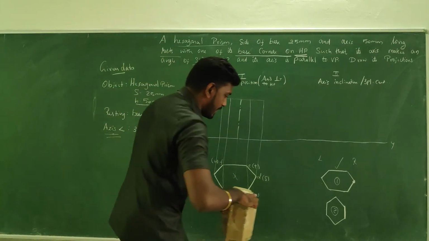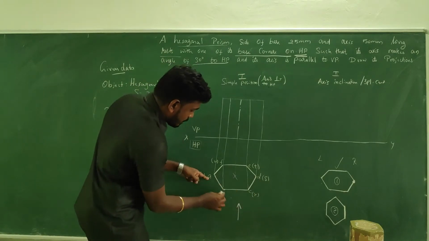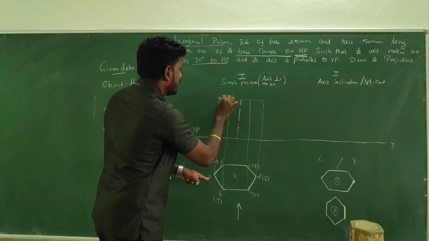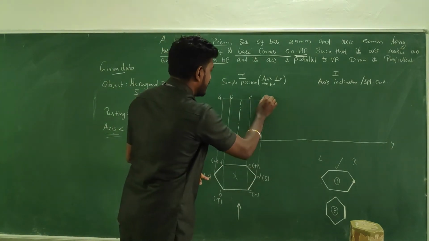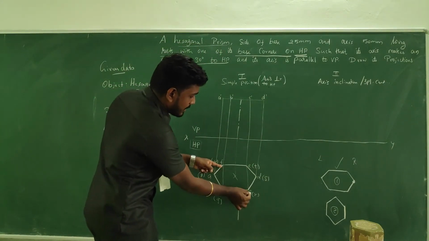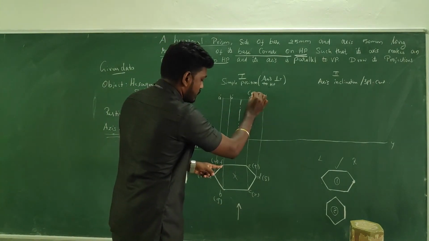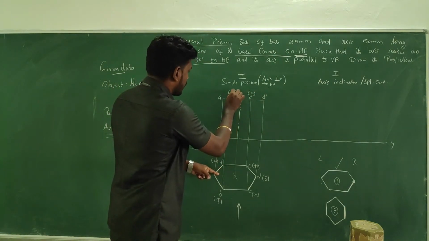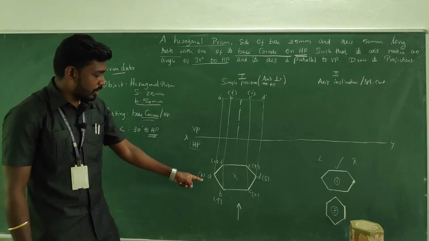So when you are looking from the front, concentrate on the top base first. A, B, C, D will be visible. A dash, B dash, here it is a dash mark, it's a front view. So C and D are visible. And then F and E are just lying behind C, and F is just lying behind B. So near C, I am going to write E, and near B, I am going to write F. F dash, E dash.